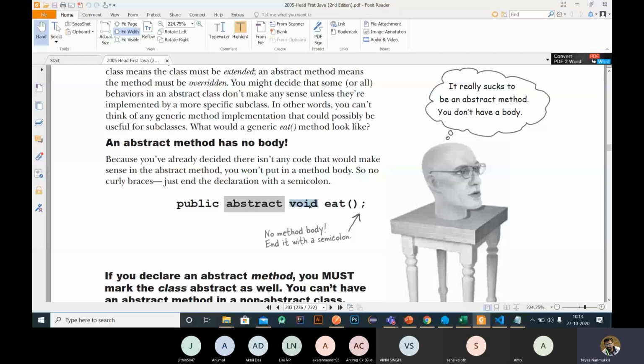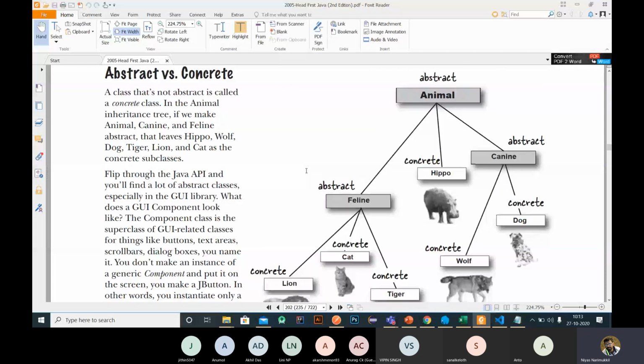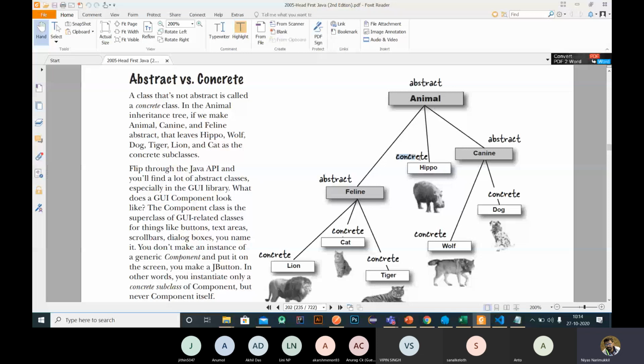For example, consider a hierarchy like this. There are two kinds of classes. What we discussed earlier in Java is the concrete class, a class having functions with complete definition or complete implementation. Abstract classes have abstract methods. If there are methods inside that abstract class that don't do any operation, we just define the name of the method, that's all.